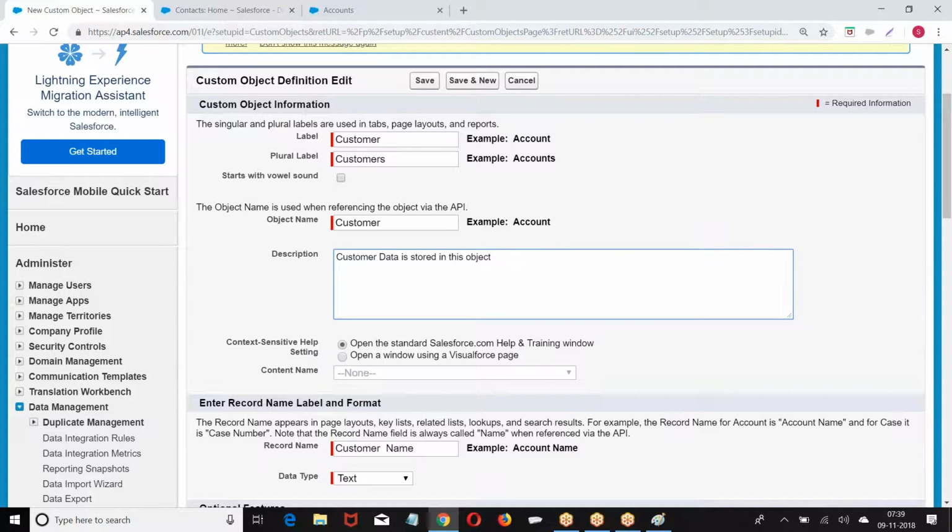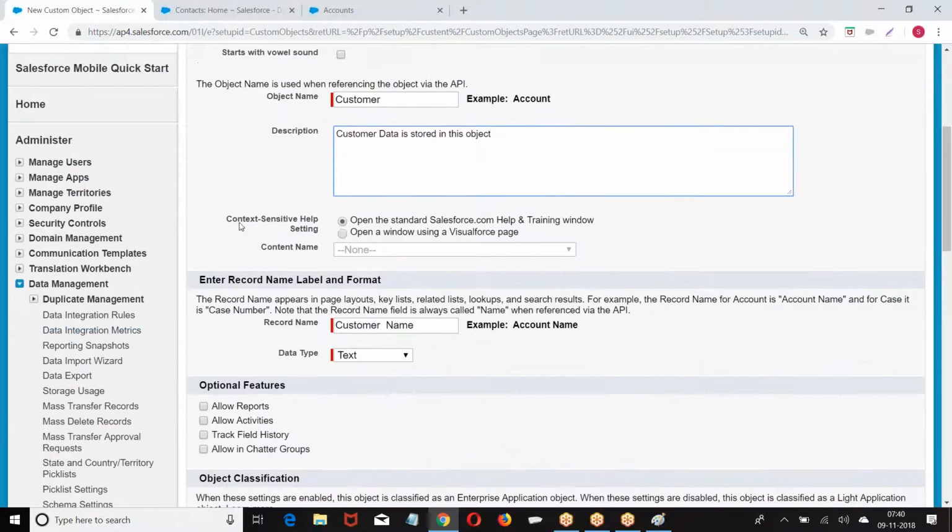On your object also, I will give a link called help for this page. For every object, I am providing a link called help for this page, even for your own object. When you click on that link, what is the documentation that should be open? That's called help for this page.